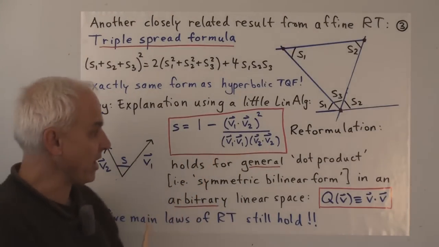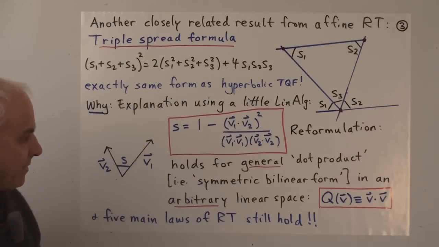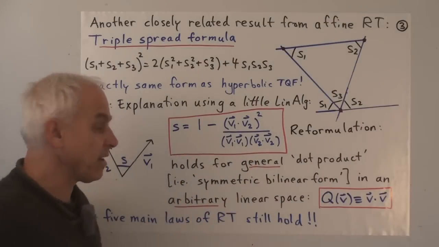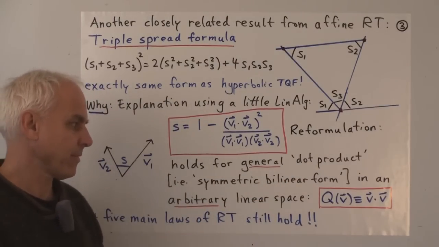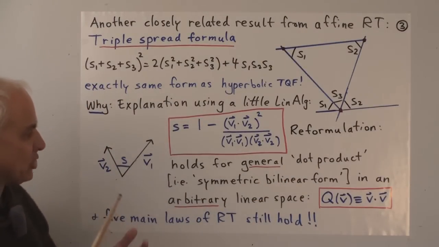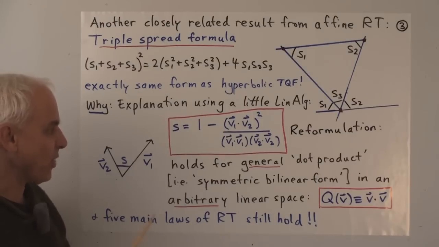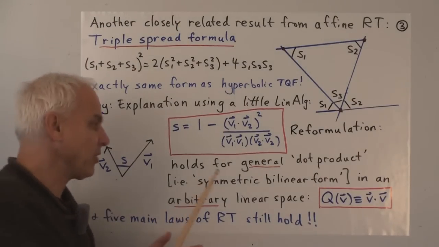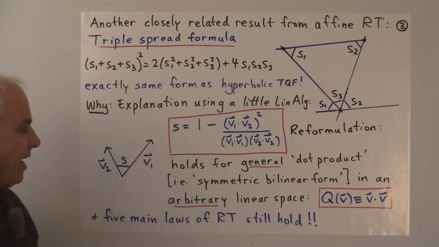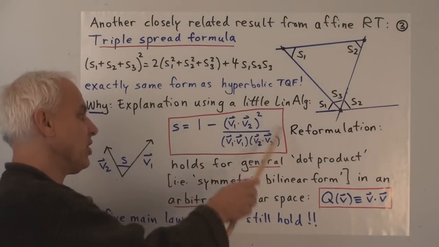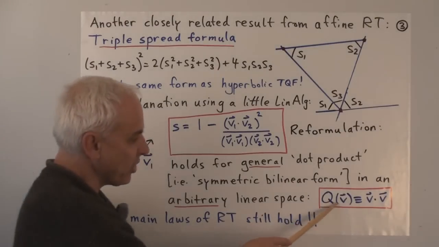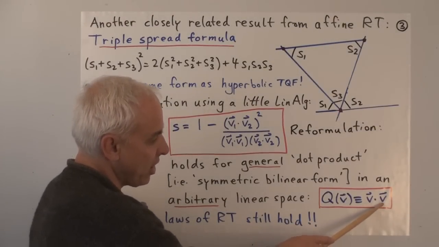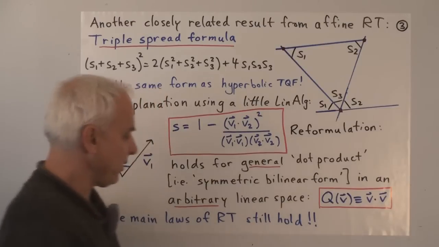It's a very nice way of rewriting it because it has a certain generality. It turns out that this spread can be used as a definition for general dot products. What does it mean? Well, it means in linear algebra there's ways of modifying the familiar dot product to give more general ones. And it turns out that in an arbitrary linear space, you can define the spread between two lines using exactly this formula. The quadrance, the associated quadrance, is just also given in terms of the dot product. It's the dot product of a vector with itself.